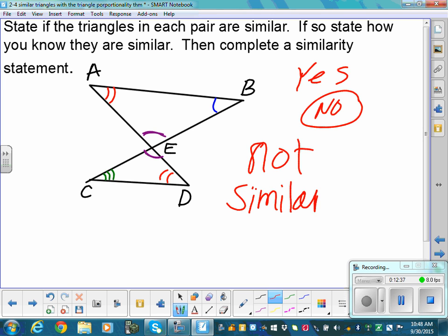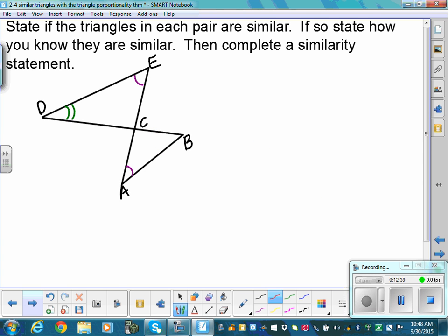Okay, so what about this one? What about this one then? Are they similar? You say yes. You're right. Because we have vertical angles, and those must be equal. Then we have one other angle in common, purple and purple. So think about it. If we took 180, subtracted red, subtracted purple, and we got green, wouldn't this have to be green? Awesome. So we know, yes, by angle,